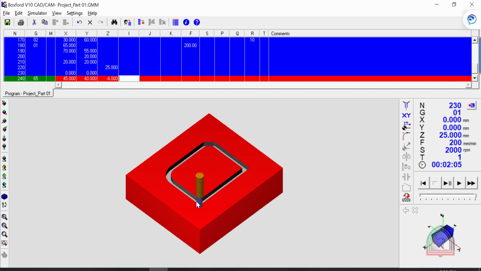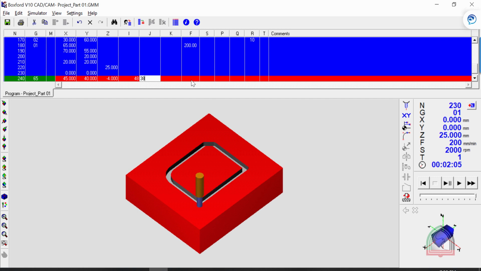We know that the tool actually passed through this area, so it removed the material from here. The length of the part was 50 and 40, so 2 mm is reduced from both sides. So we will keep it lesser than that, that is 50 minus 2 mm, that is 48 here, and in the Y direction it is 38 only, because it was 40, so change it to 38 now. Why are we not giving 46 and 36? Because the tool is automatically taking care of the tool compensation, so no need to give the full value.